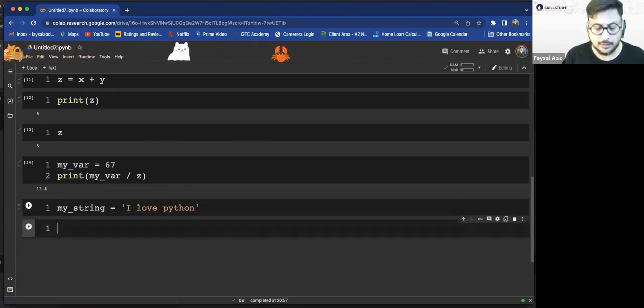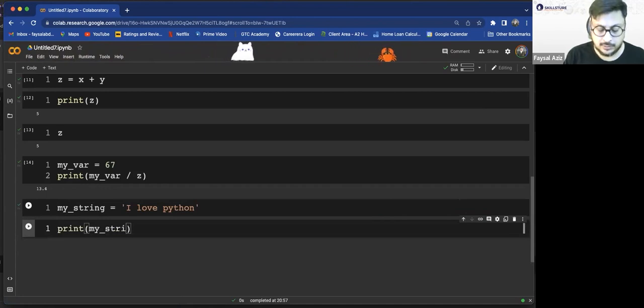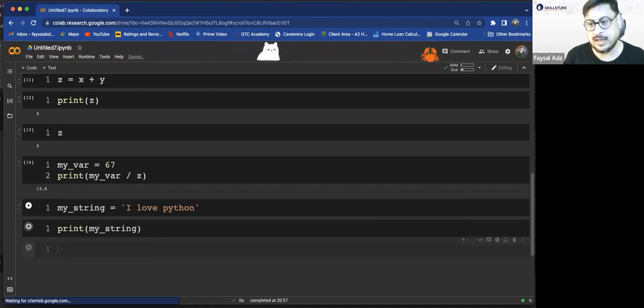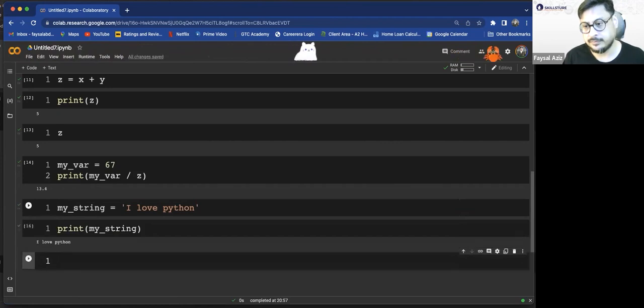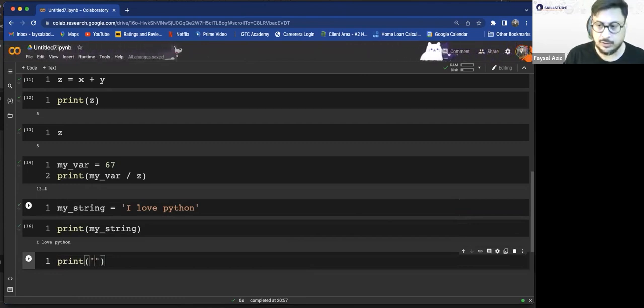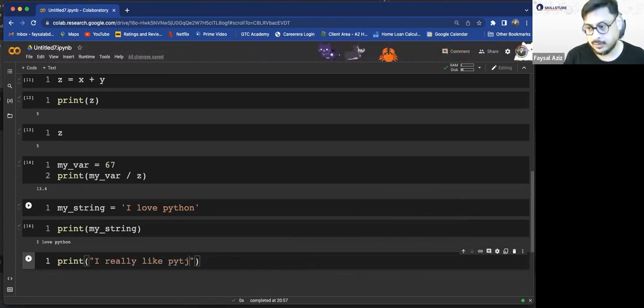Now print my string, and we'll say I love Python. You could also print it directly, of course, with either a single quote or double quote. It doesn't make a difference. So you could just say, I really like Python. Sorry, excuse my spelling.